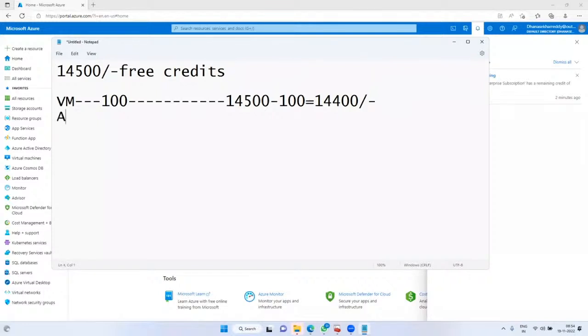Today you have created an artificial intelligence project. Assume that its cost is 1,000 rupees per hour, and you have consumed 5 hours. So 5 hours means 5,000, and 5,000 would be debited from your free credits. So by tomorrow, you can see around